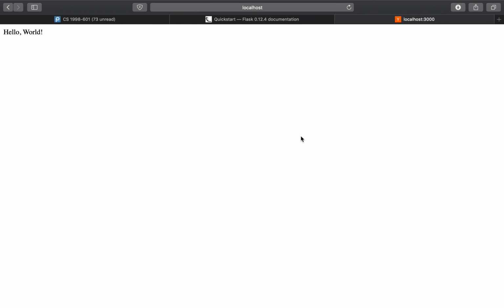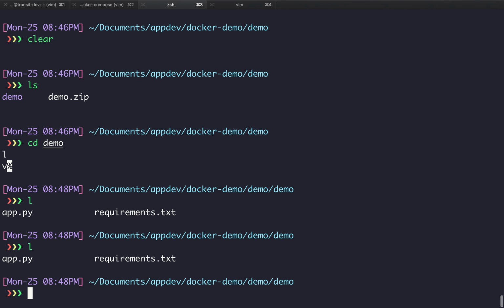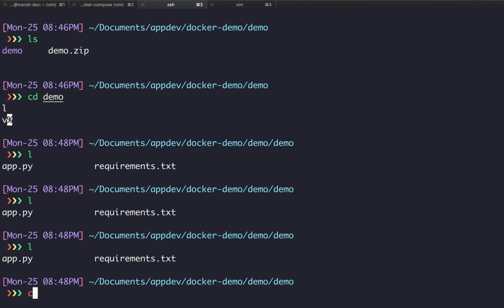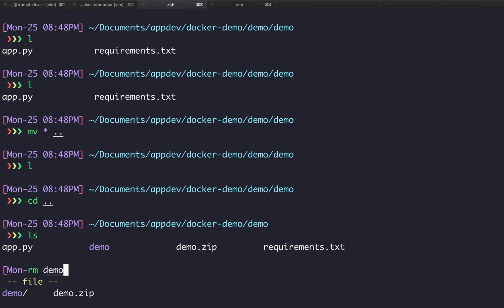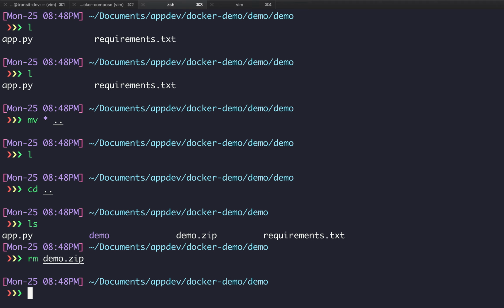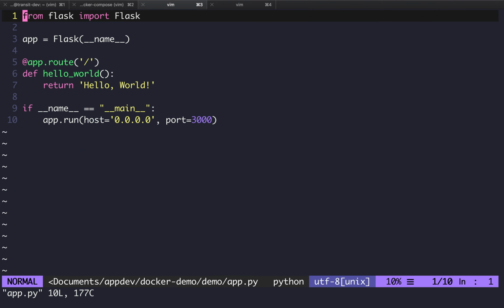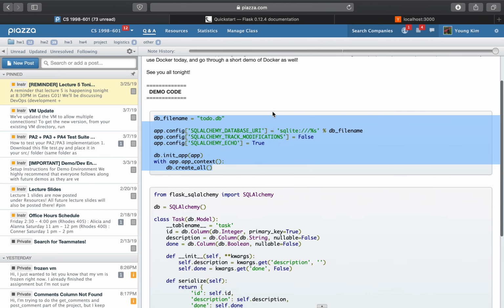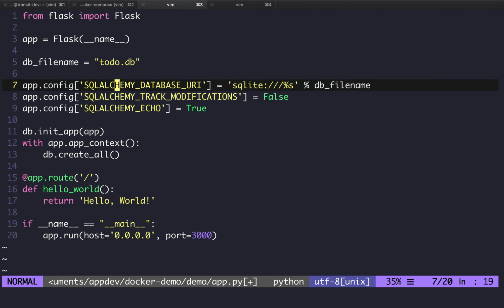Okay, so I think I posted some stuff on Piazza, so I'm just going to copy my own code in. This is just from the last demo that Megan did. So I'm just going to copy this into my app file. Before I do that, I am going to move these files out because I'm in demo/demo. So now I can get rid of this and also get rid of demo. Great. So if I open up my app file, I can copy in this demo code from the Piazza post right underneath the app declaration. So this should look pretty familiar.